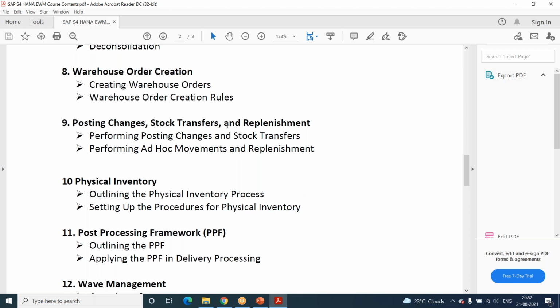Okay. But if you want, we can do the stock transfer from IM location to EWM location, and then we will do the reverse stock transfer from EWM to the IM location, so that you will be able to see both inbound and outbound side of STO. And then you can extrapolate what will happen if we have EWM to EWM.